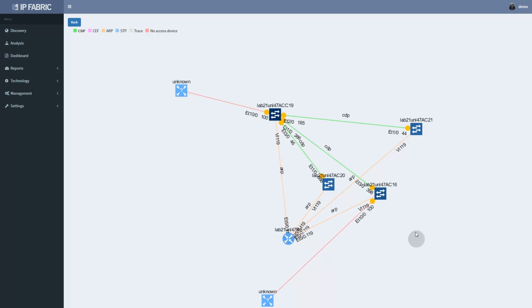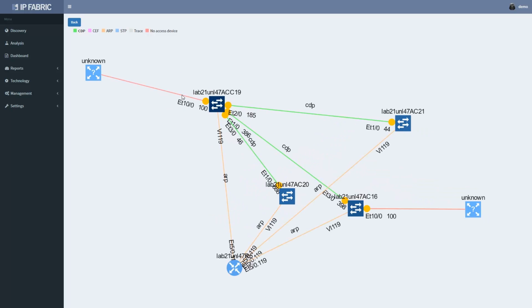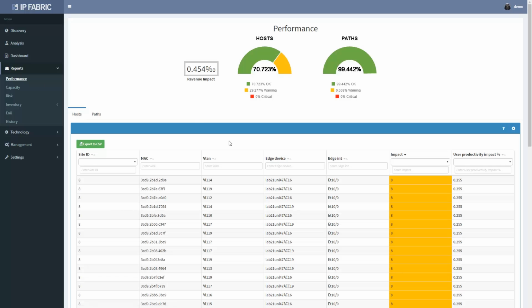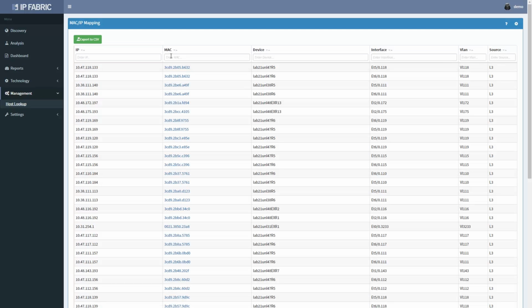The specific element causing the issues in this case is interface 10/0, which is affecting performance for 100 users, but there are a lot of other paths in the vicinity that have similar performance issues. Along with every path and every network element, NIMPEE calculates a business impact score for every user of the network as well. We can take one of the most impacted users and drill down to the engineering level by performing a